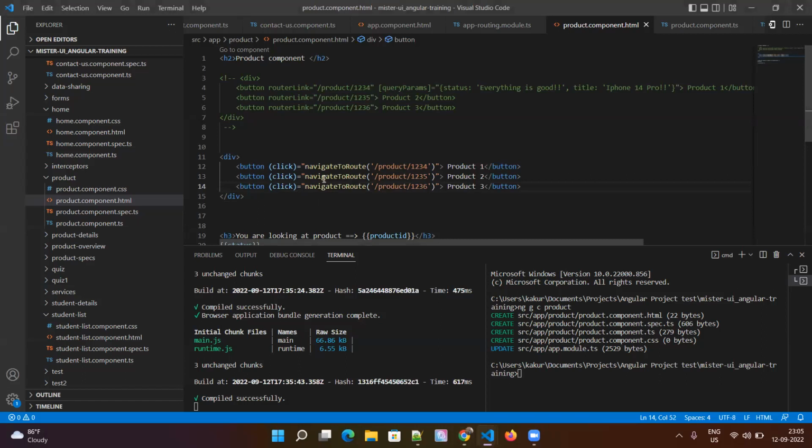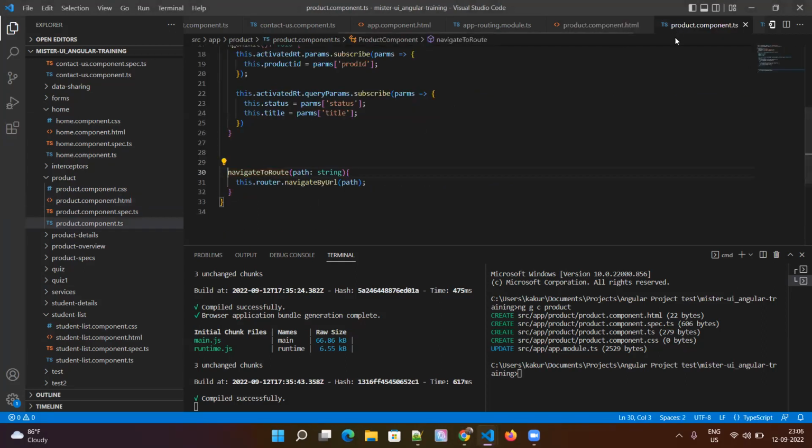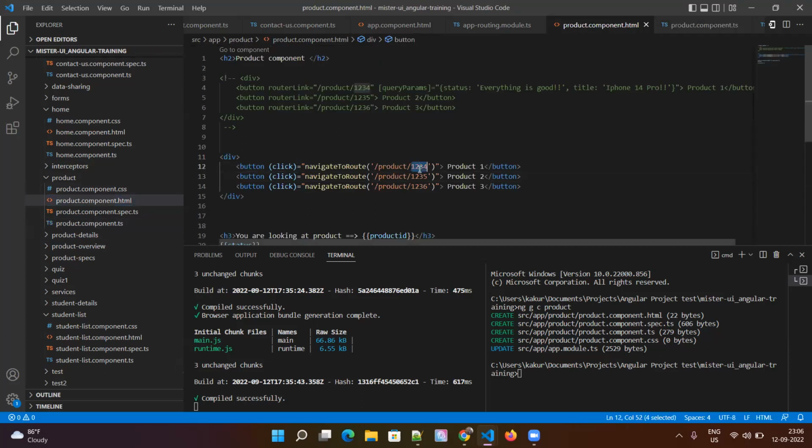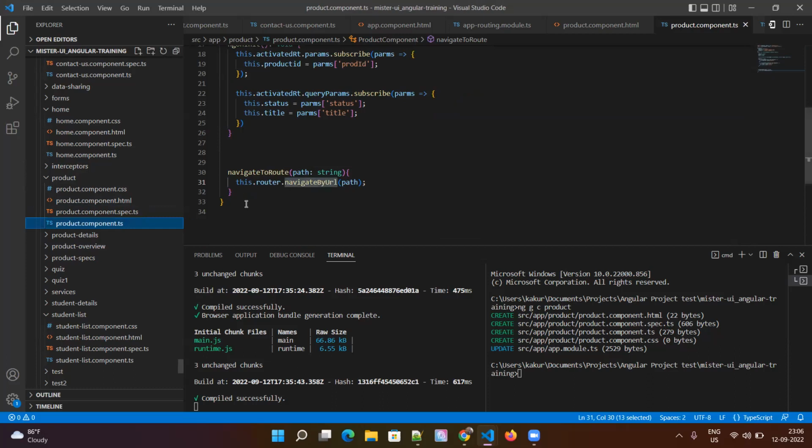The behavior is same. Basically, we are calling a method called navigate to root inside the product component. And in this method, we are taking that path and using the router service to navigate to that URL. So if you want to pass any path parameters or route parameters, path parameters anyhow we are passing here itself. But the query parameters, if you want to pass, what you can do is